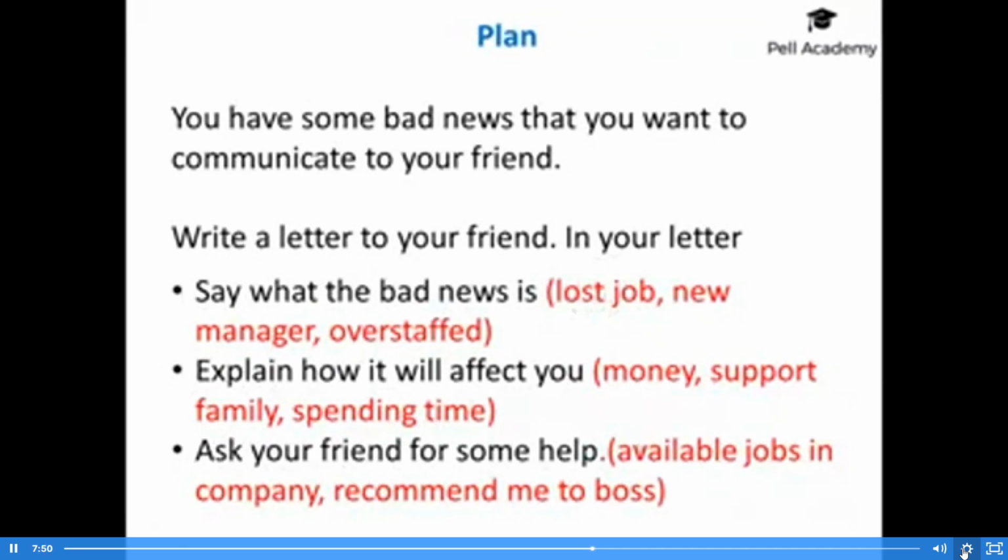You could also have asked for help with money. You could ask for a loan or something like that, but I think for me, I just like this one a bit more, because it's easier to develop that answer as to, okay, I want a job, you can find me a job, or are there any jobs, and could you recommend me to the boss? I think it's easier to develop this than asking for money.